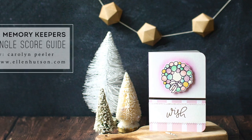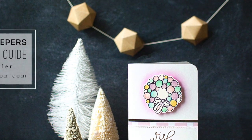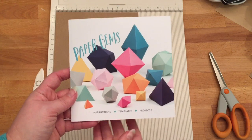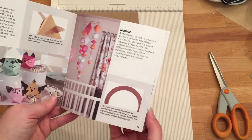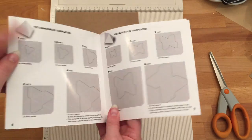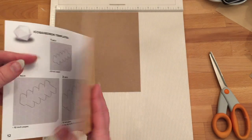And today I'm going to walk you through the We Are Memory Keepers Triangle Score Guide to make these beautiful icosahedron garlands. To get started, when you unpack your triangle score guide, you're going to get this little booklet, and it's going to show you pictures of each of the different shapes that you can make. And there's actually 5 different shapes that you can make. And the book is going to show you exactly how to do it and give you instructions for how to